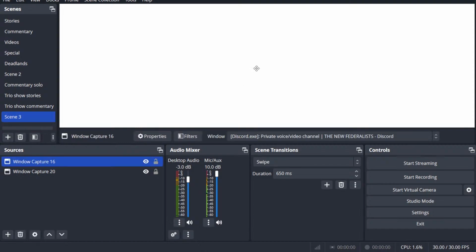So say I wanted, like this is the Discord page that we've been using. And what I'm using actually to capture the video for now is there's an option called transform. And then if you go into edit transform, you can change all of the options about where the positional alignment is. But what I would do is, because this has all of the information that I don't want generally to be out there, so then I'll just crop the side in. I'll crop it by 300. And then that's how you get your picture.